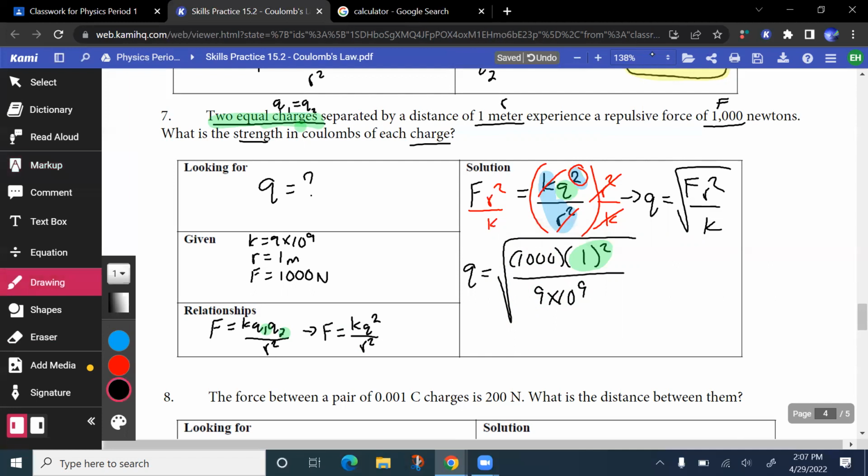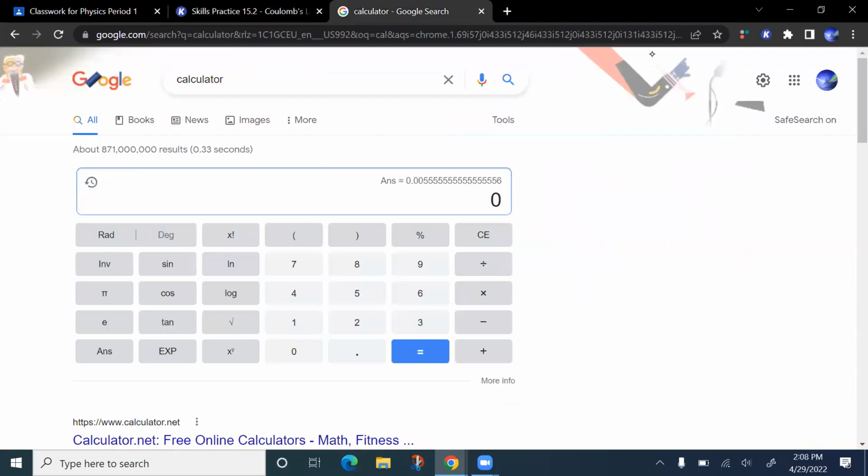Let's go ahead and put this in our calculator. Okay, so I'm going to start with open parentheses, 1 squared times 1,000 equals, well, that'll be 1,000. Then I'm going to divide that by 9 times 10 to the 9. And then I'm going to hit equals again to divide those two. And then my last step is to take the square root of my answer,